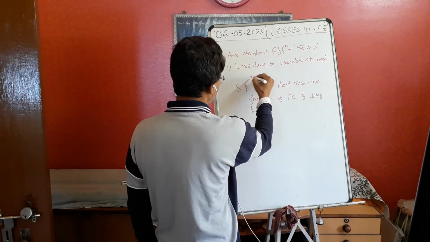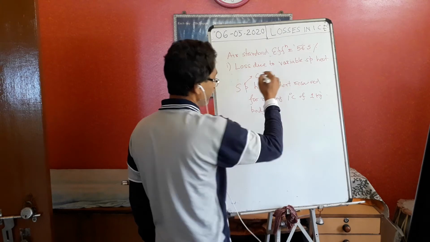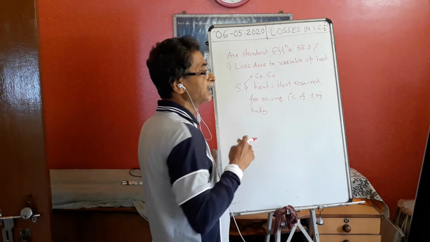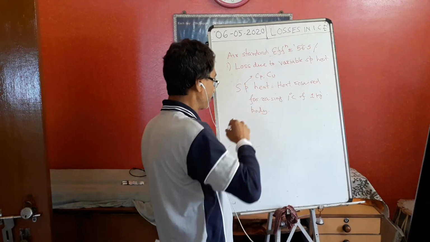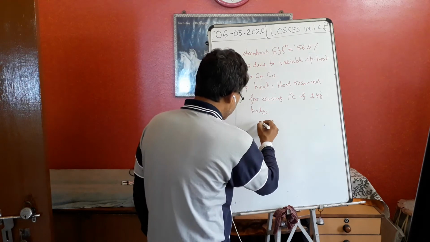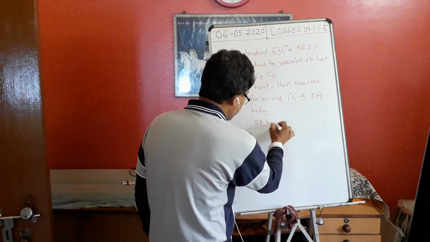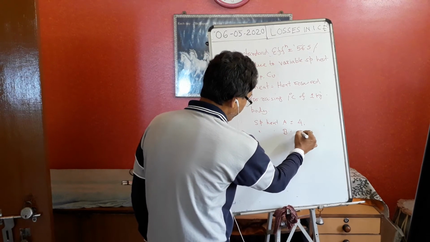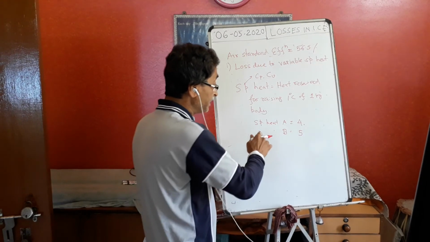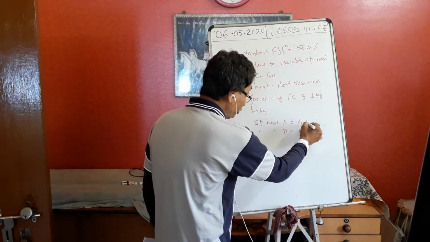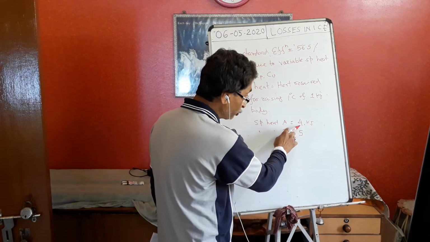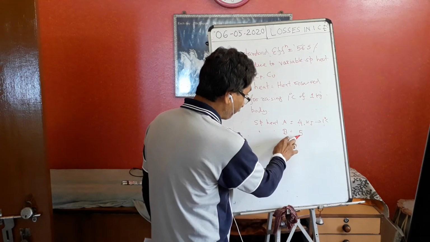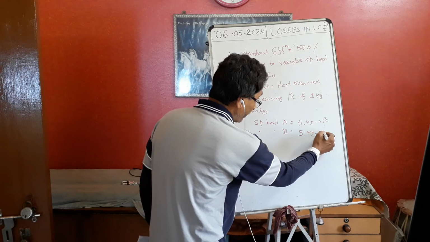So specific heat in case of gas: Cp and Cv. For a gas there are just two specific heats, Cp, the specific heat at constant pressure, and Cv, the specific heat at constant volume. Suppose the specific heat of body A is 4 and of body B is 5. Then body A takes 4 kilojoule of heat to raise 1 degree centigrade, and body B takes 5 kilojoule of heat to raise 1 degree centigrade.